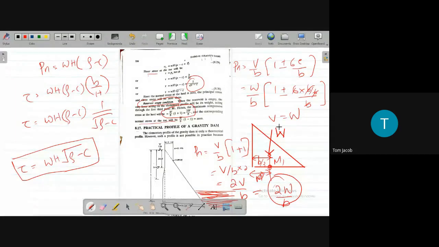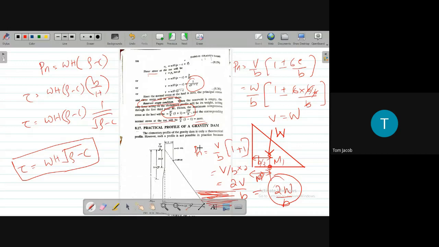Okay. Corresponding normal stress at tau will be the one minus, or the negative case, that is V by W by B into 1 minus 1, that is equal to 0. So that's how you calculate the principal stresses at heel and toe for full reservoir case and reservoir empty case. Okay, now we have completed the